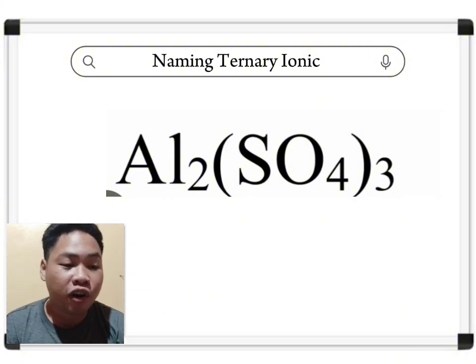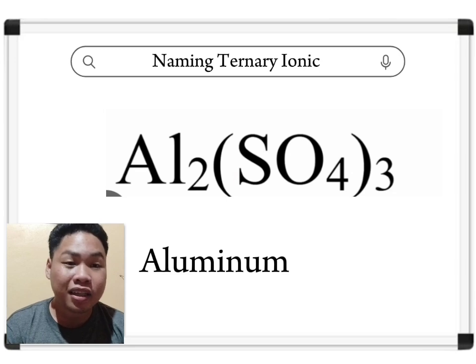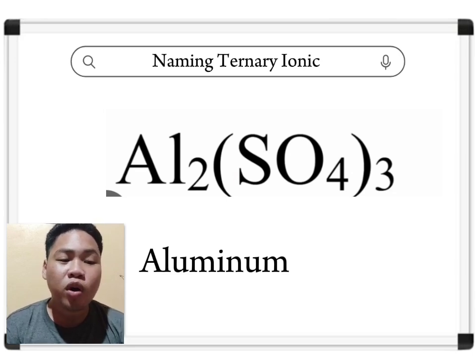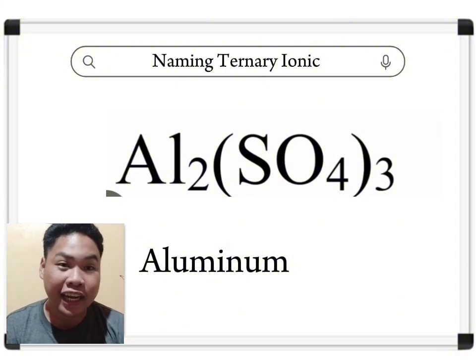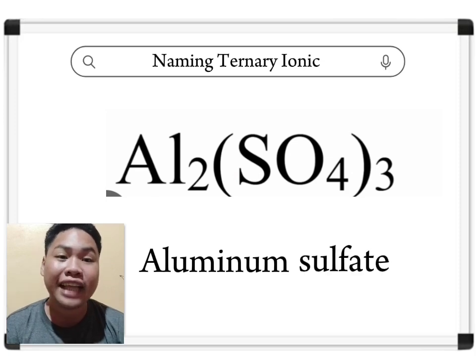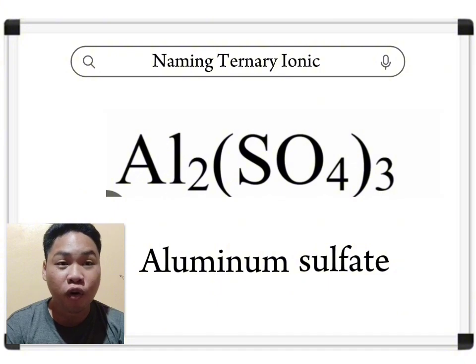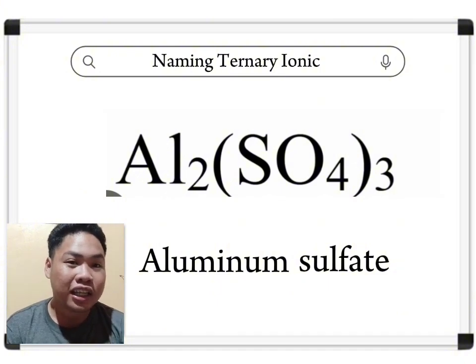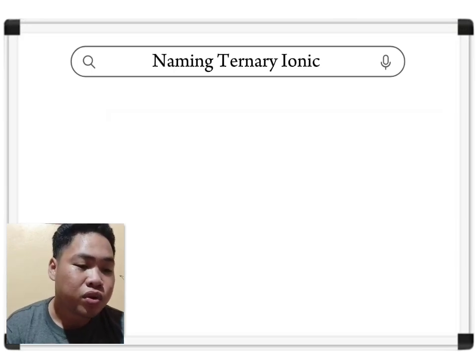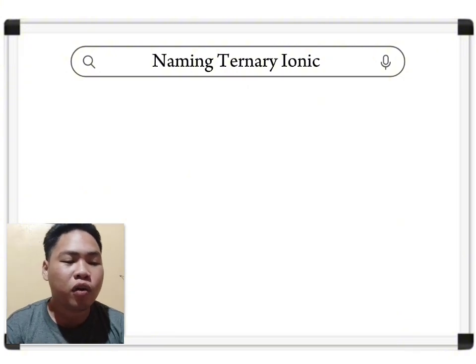So we write the name for Al from the periodic table, that's aluminum. Then we go to the common ion table and we look up SO4 2 minus or negative 2. That's the sulfate ion. So we write sulfate and we're done with this one. That's the name for Al2(SO4)3, aluminum sulfate. So it really doesn't matter when it looks quite complicated because we're just looking up the name of the metal and then we're looking up the polyatomic ion and that's it.